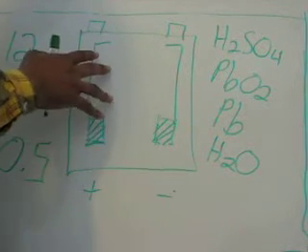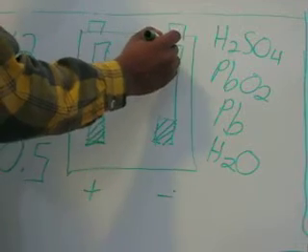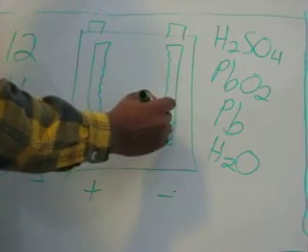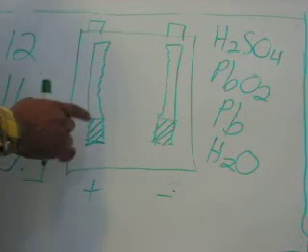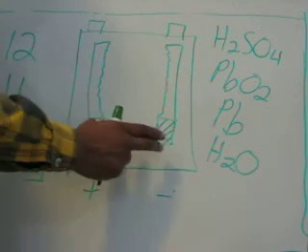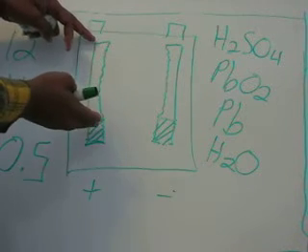So some of the lead from the plates is eaten away, and it's used to produce this lead sulfide. And lead sulfide is absolutely useless. It will not produce electric charge at all, and it can't store electric charge either. So that part of the battery is useless once